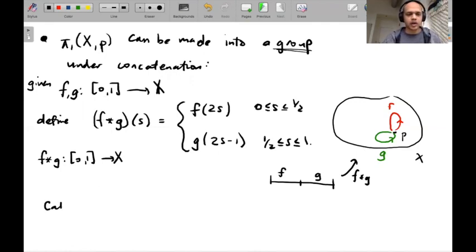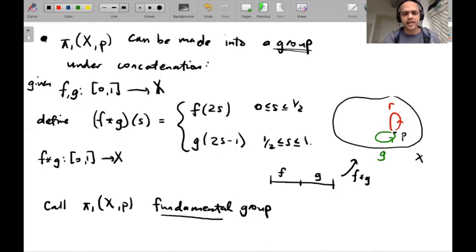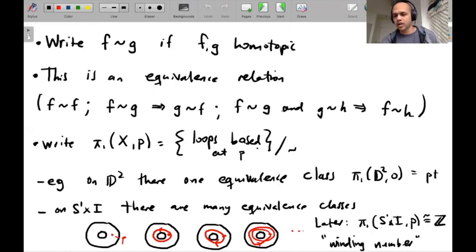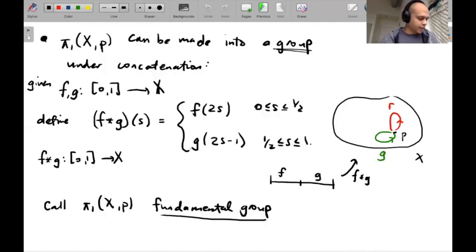And so we call pi1 of X, p the fundamental group of X based at p. So in fact, on this slide, when I said pi1 is Z, this is actually an isomorphism of groups. Okay, and later, we'll show that this group